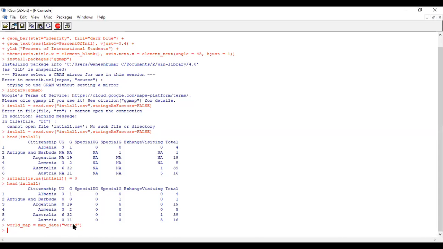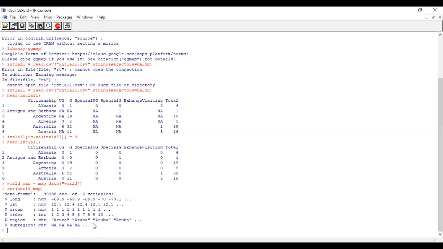You can install any map, India map or any map. Then if you see the structure, the map data contains latitude, longitude, group, order, region, and sub-region. This is the data set given by the package.